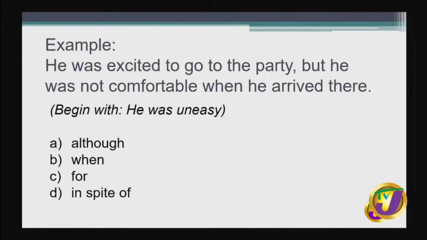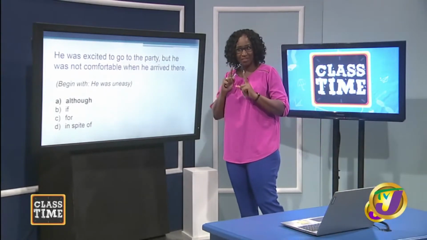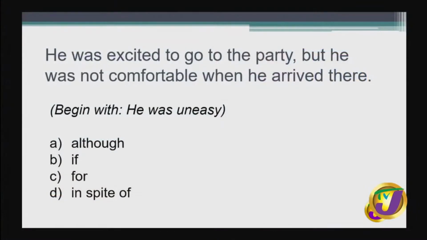Remember, you are starting your sentence with he was uneasy. The section of the sentence that conveys the idea is the second part of the sentence. He was not comfortable. Uncomfortable and uneasy convey the same idea. So what would your eventual new sentence look like, including the words, he was uneasy to start, and one of these options inside? So the word you should have thought of using is although, because you're going to start with he was uneasy,